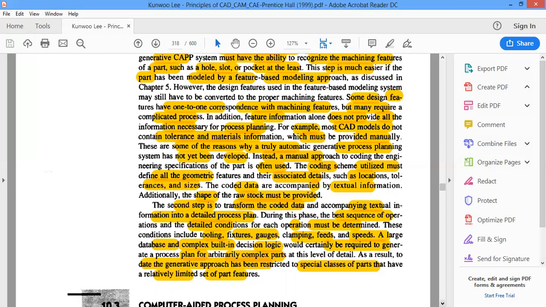Okay, and here also, we have a coding method. Usually the code is generally not more than 32 digits. The codings are used, be it the variant approach or the generative approach. For every part family and every part, there will be a particular code, just like the barcode we have for items or on our ID cards.